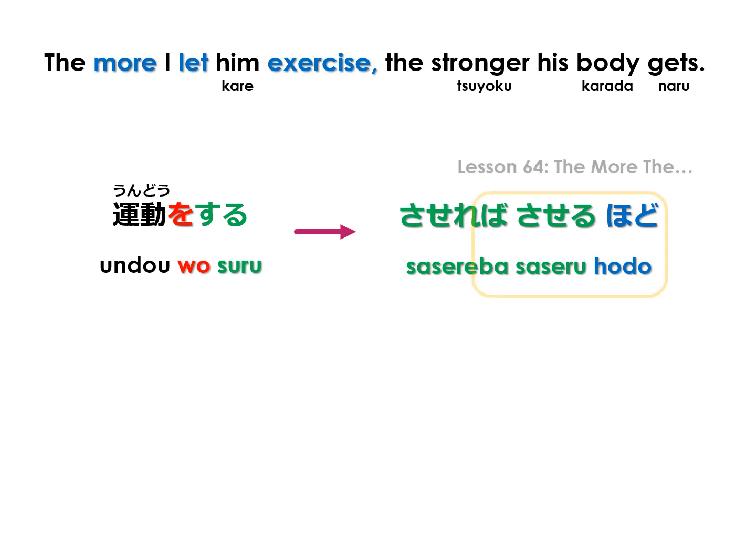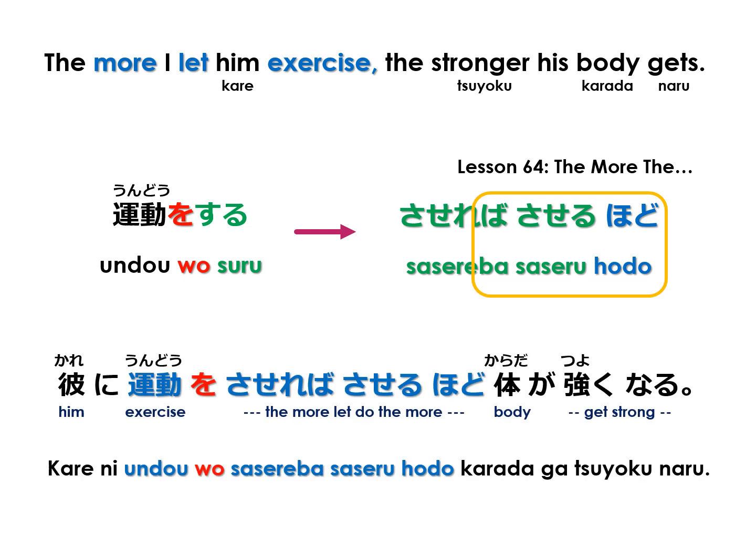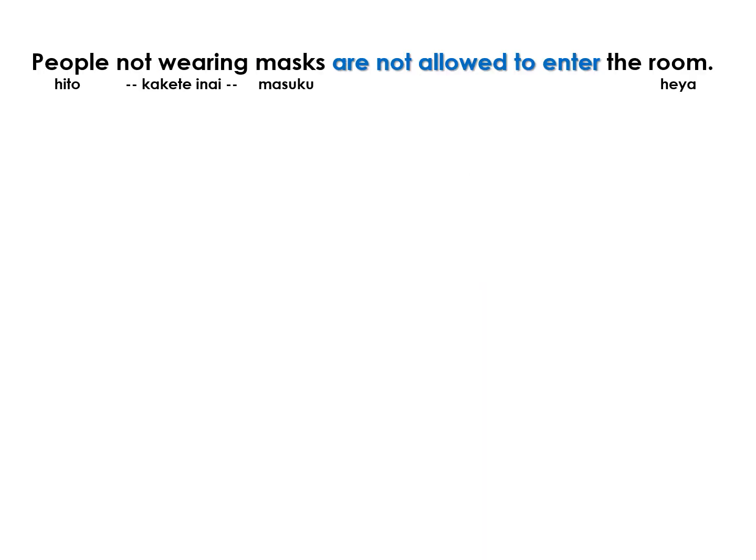You can review this conjugation in lesson 64. So the whole sentence in Japanese, 彼に運動をさせればさせるほど体が強くなる。